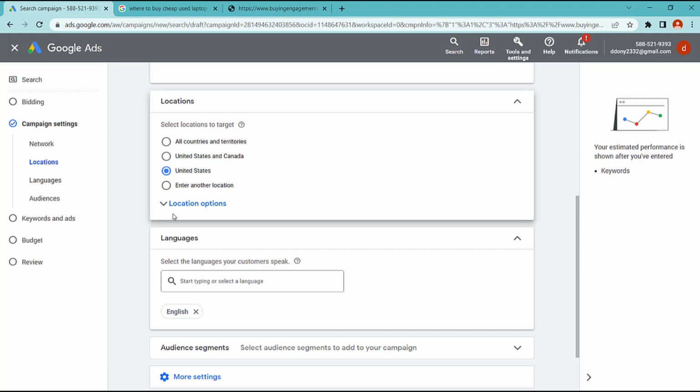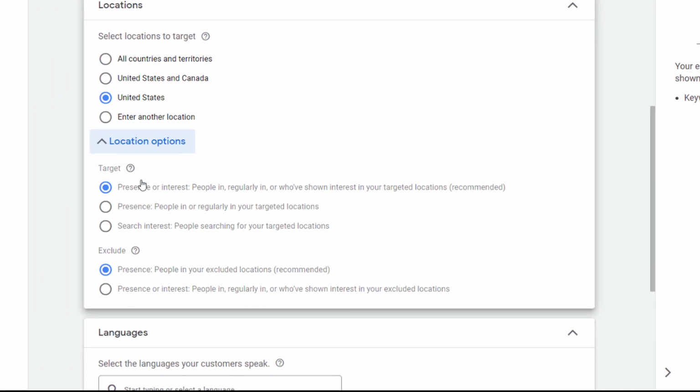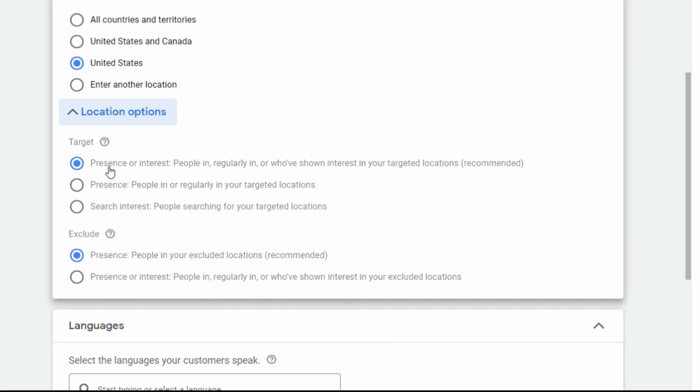Google Ads also provides a feature called location targeting method that lets you choose between people in or regularly in your targeted location, or people searching for or who show interest in your target location.